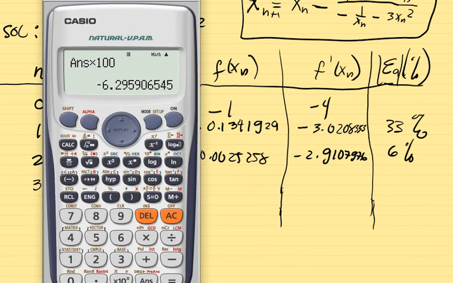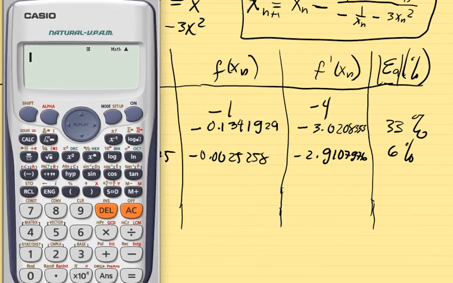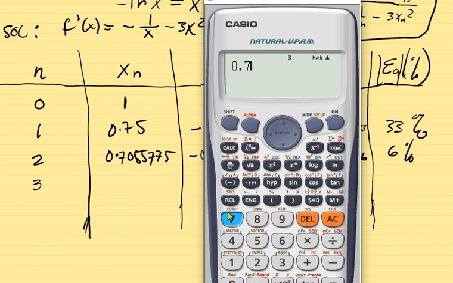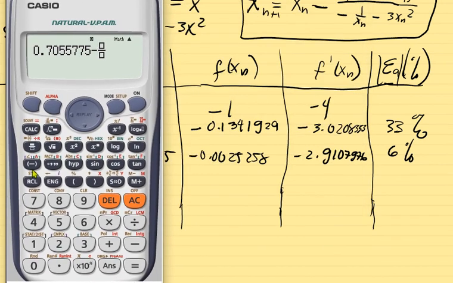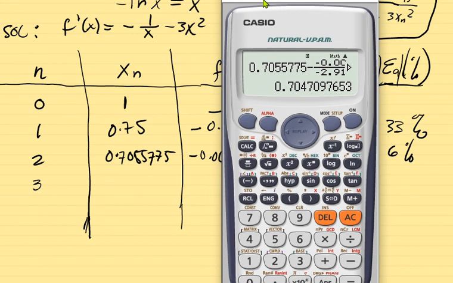Our xn now will be equal to 0.7055775 minus f of x, negative 0.0025258 all over negative 2.9107976 equals. So this will be our new value 0.704